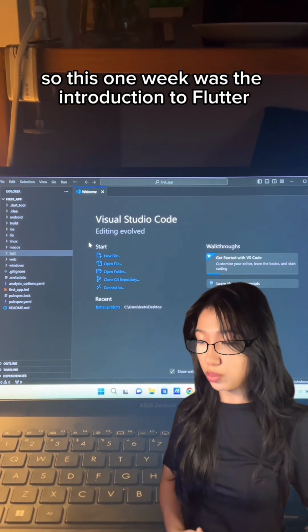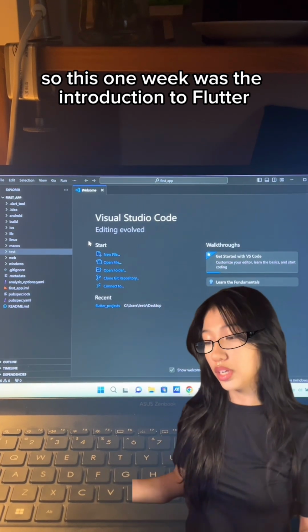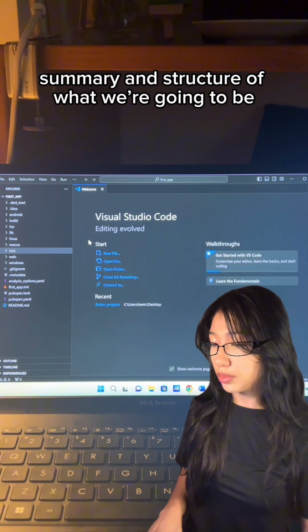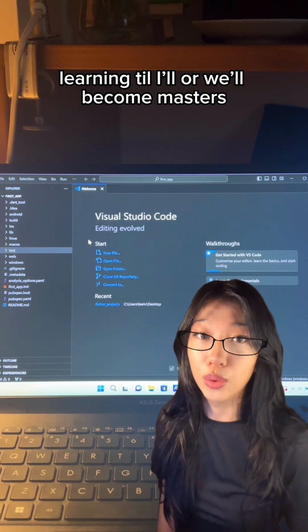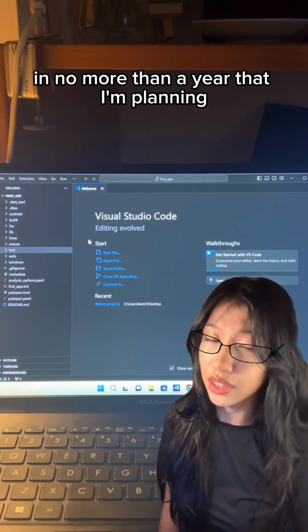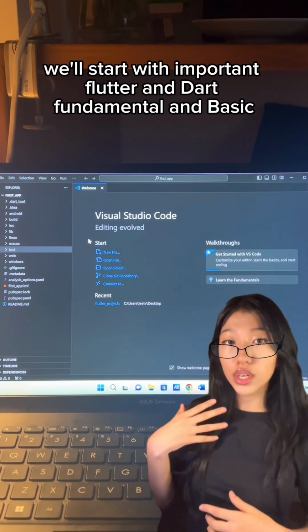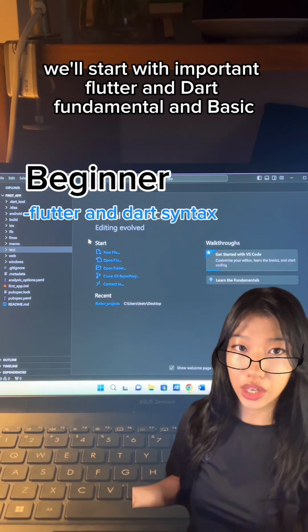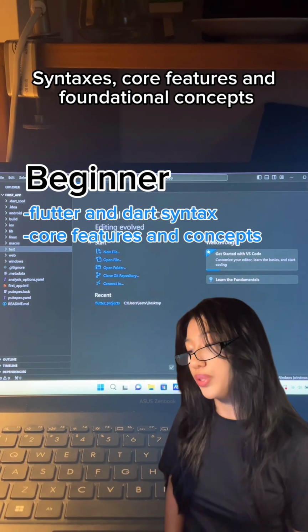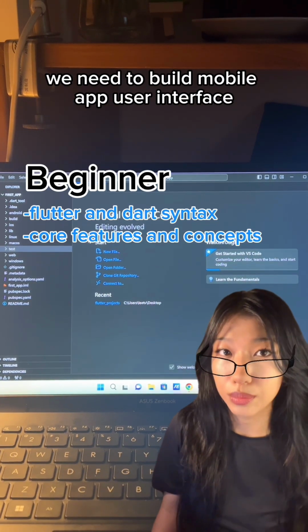So this one week was the introduction to Flutter. Today I want to get into the brief summary and structure of what we're going to be learning, to become masters in no more than a year, that I'm planning. We'll start with important Flutter and Dart fundamental and base syntaxes, core features and foundational concepts we need to build